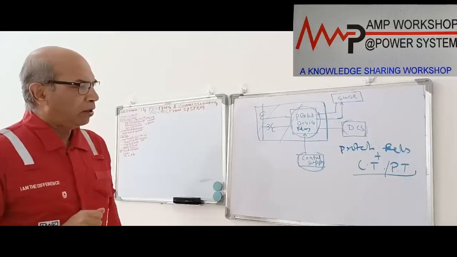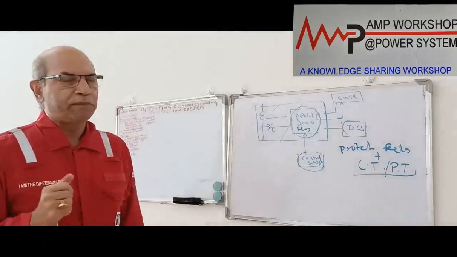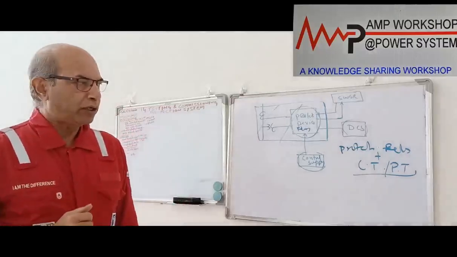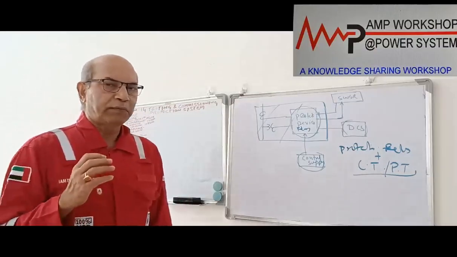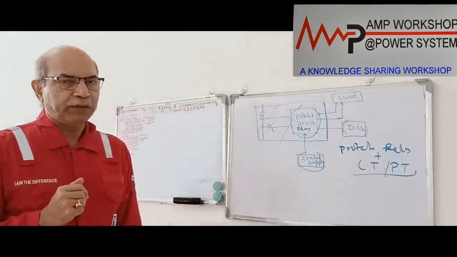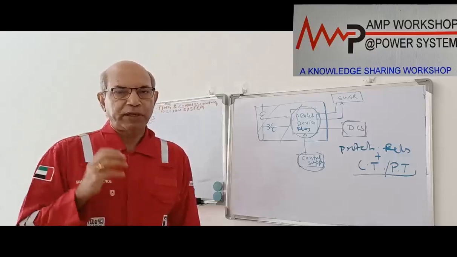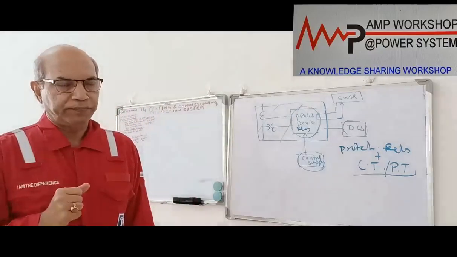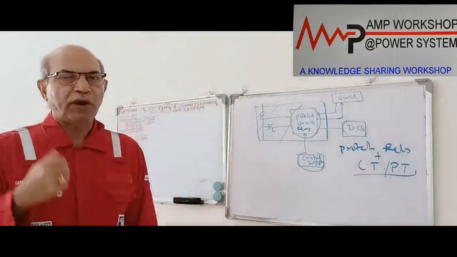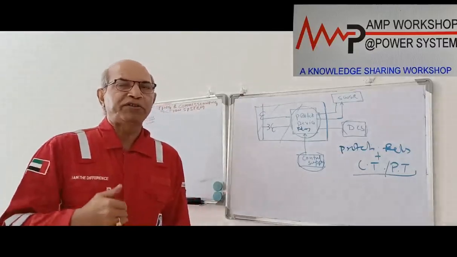Now the question is why testing, pre-commissioning checks and post-commissioning are so important, like for any other equipment. Protection system testing is more important and needs to be more rigorous, for various reasons. We discussed in the first session that the protection system comes into play when there is an abnormal condition in the system. That means an abnormal fault condition, which does not take place regularly. It may be once in a year or once in two years. Some relays may not have worked even once in five years.